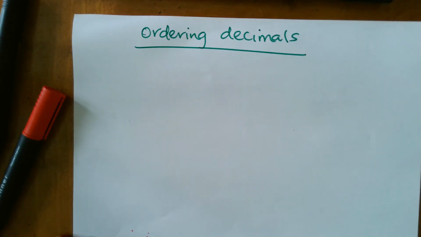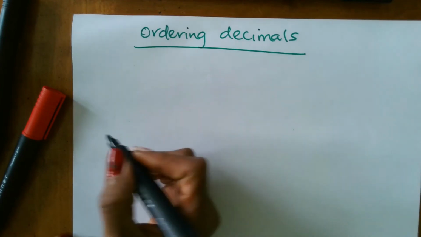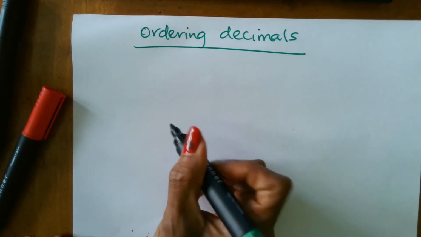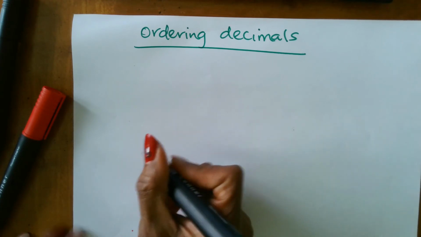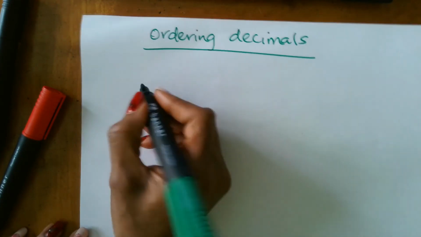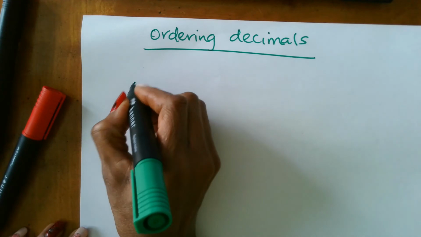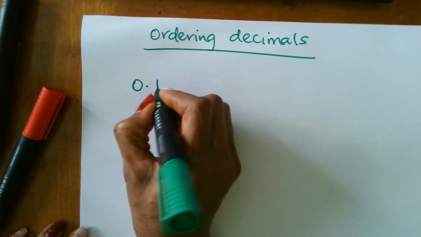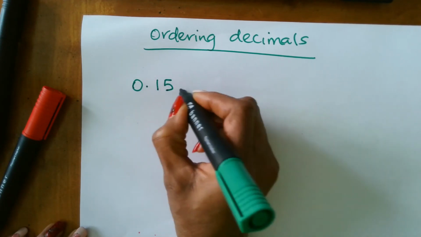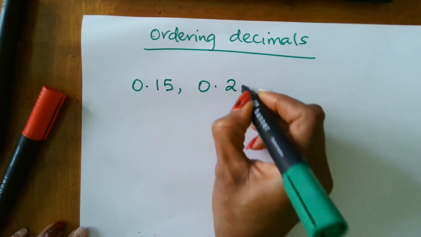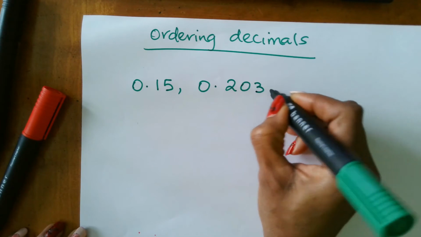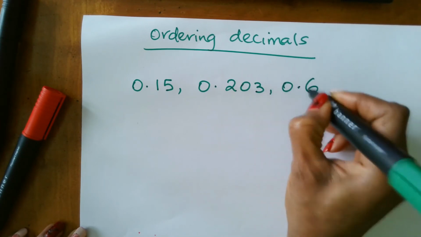In ordering decimals, it is easier to put the decimals in order if they have the same number of digits after the decimal point. So for example, if I have 0.15, 0.203, 0.6,